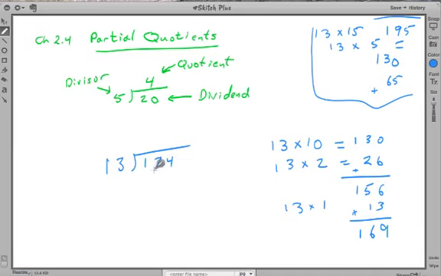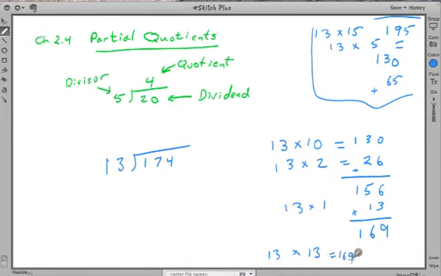169. Now, do I have room to put another 13 in? I don't. I don't have room to put another 13. 169 plus 10 is 179, and that's bigger than this. What you're supposed to notice here is that 10 plus 2 plus 1 is 13. So what we really understand is that 13 times 13 is